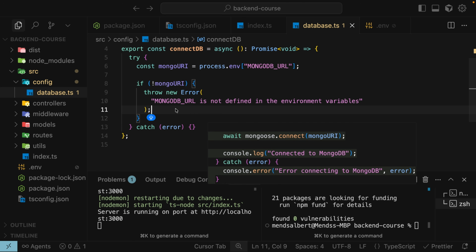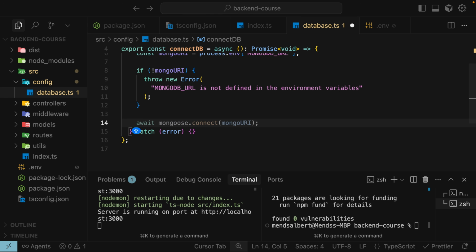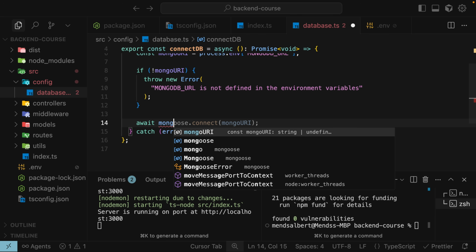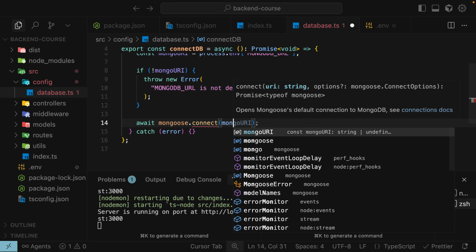The next line is the most important one. We're going to await the mongoose.connect method, passing in our mongoURI. This is the action that actually connects us to MongoDB. Type await mongoose.connect(mongoURI);